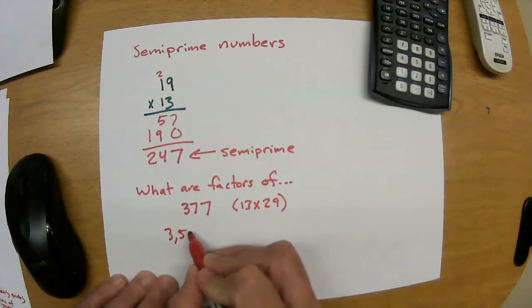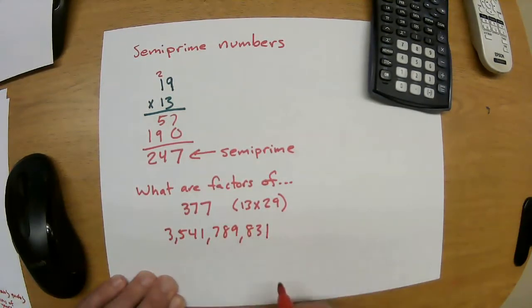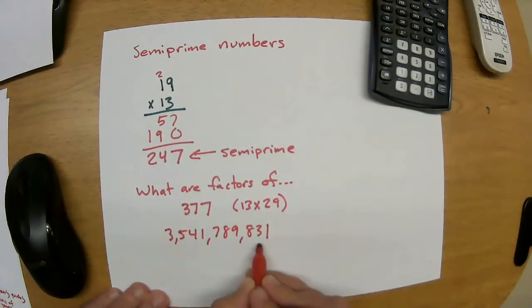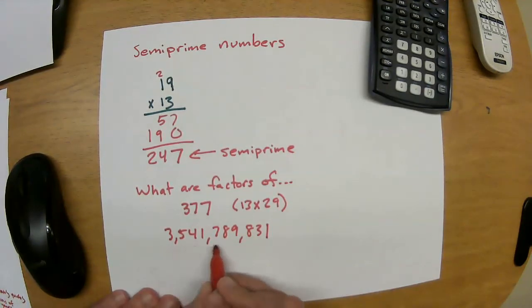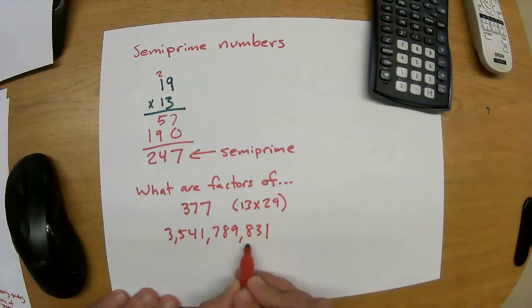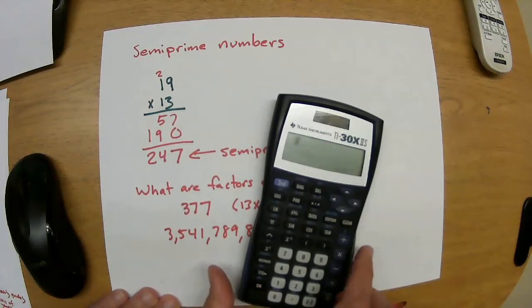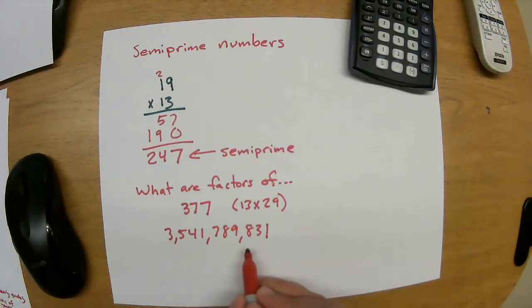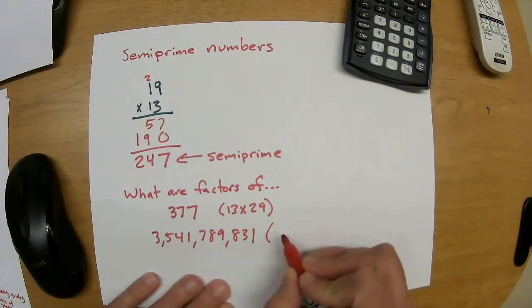All right. So let's make the problem a little bit more difficult. 3, 5, 4, 1, 7, 8, 9, 8, 3, 1. All right. So let's take a number like this. This is also a semi-prime number. So if we wanted to figure out the two factors of this, I could sit down with a calculator and just start typing that in. Divided by 3, no. Divided by 5, no. Divided by 7, no. And I suppose eventually I'll get there. But rather than do it, I'll just go ahead and tell you the factors of this were